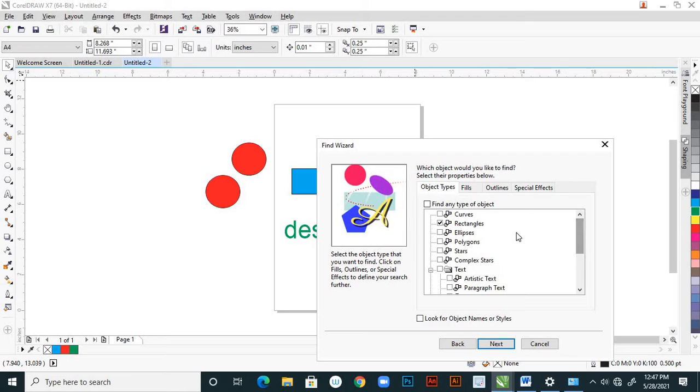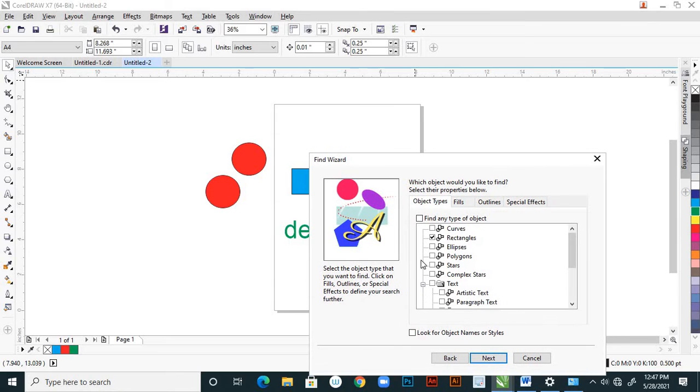So first I'm taking a rectangle. Otherwise you can look for an object name or styles also. You can give any name to an object and find it from here too. For the time being, I'm taking this.